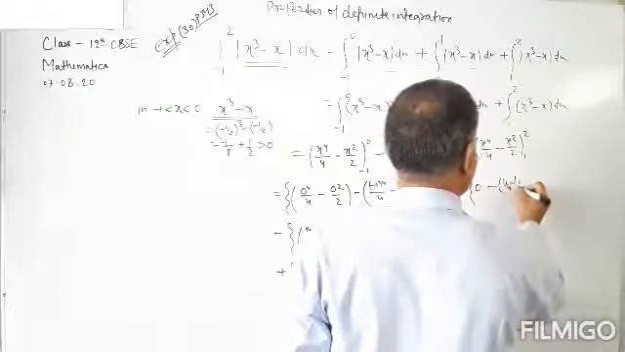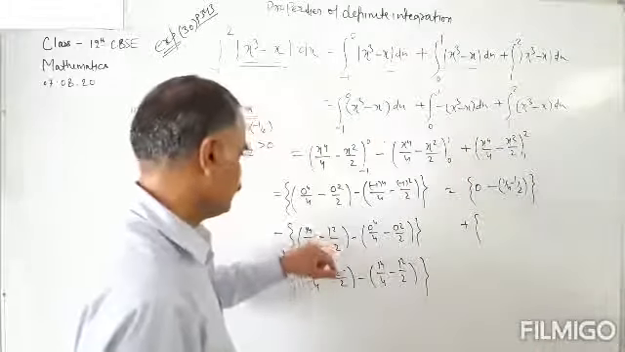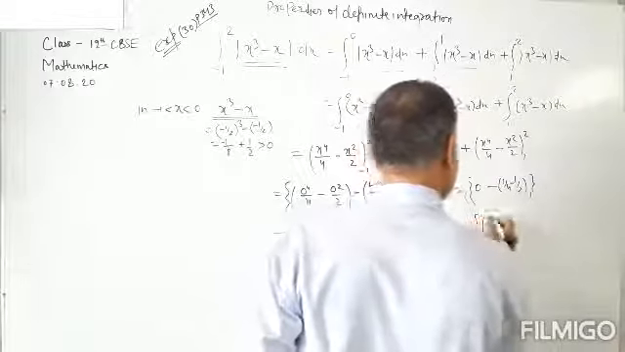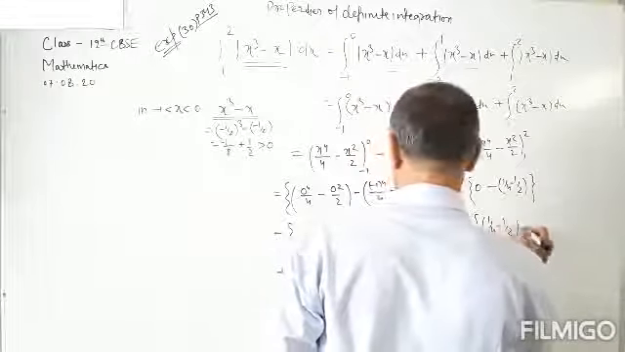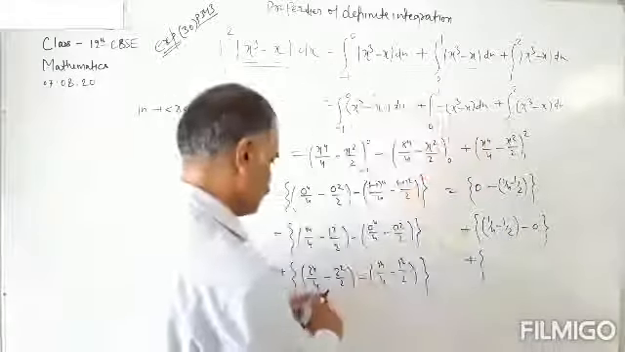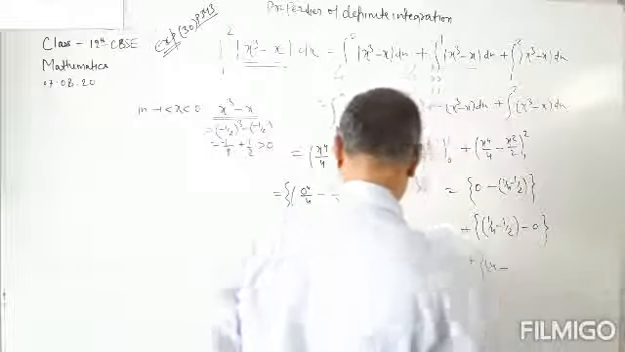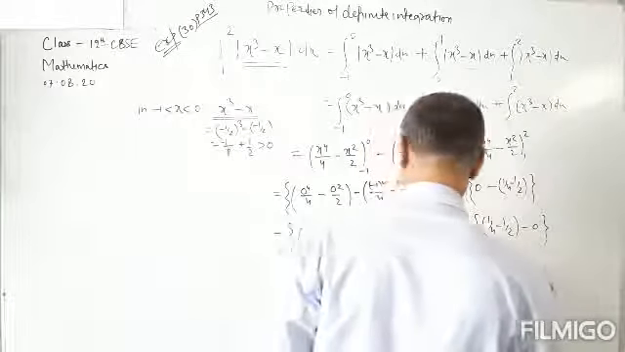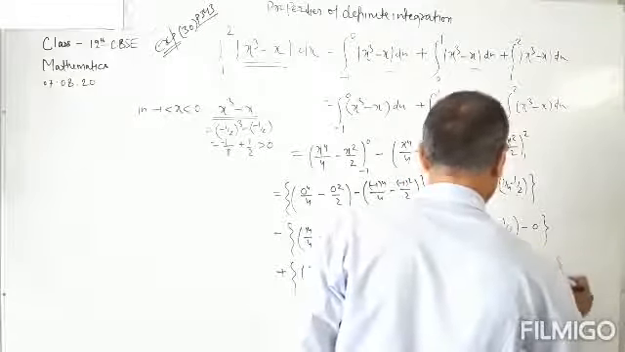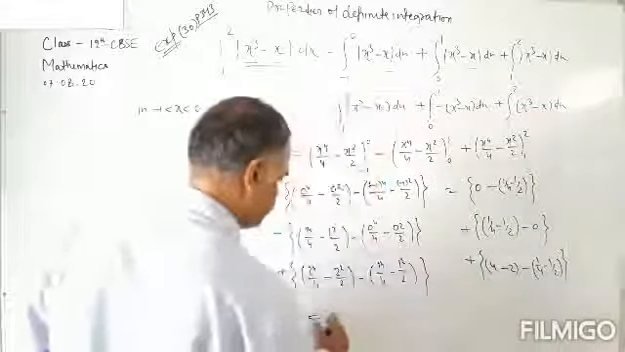1 by 4 minus 1 by 2 plus this one is 1 by 4 minus 1 by 4 minus 1 by 2 minus 0, and the last one is 2 to the power 4, 16 upon 4, that is 4, minus 4 upon 2, that is 2, minus 1 by 4 minus 1 by 2. Okay, so finally we will have